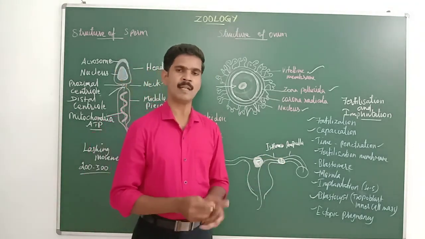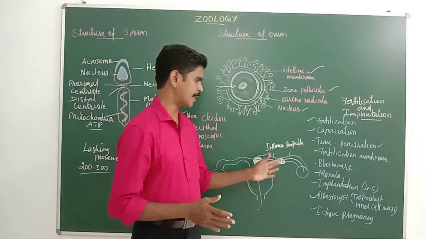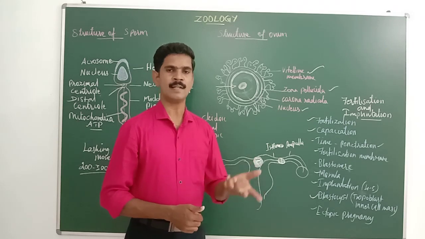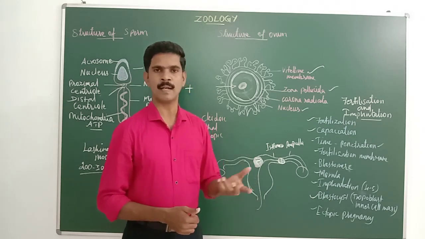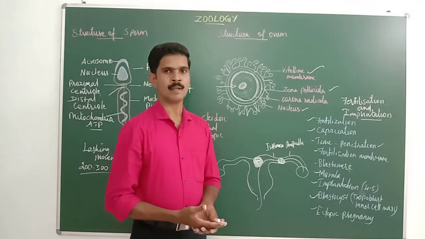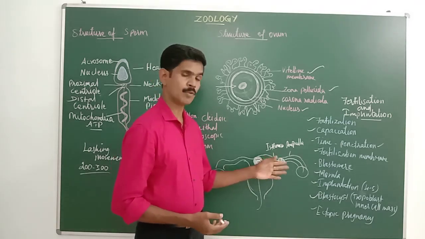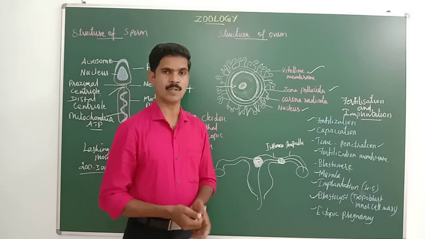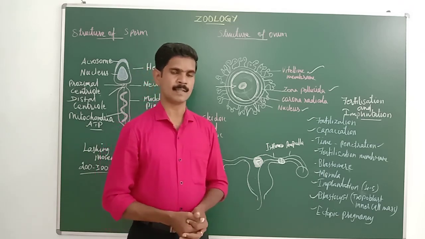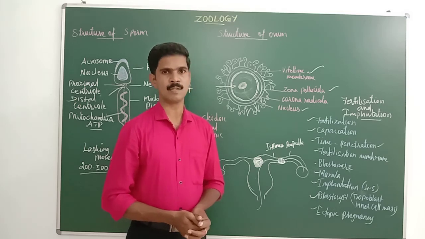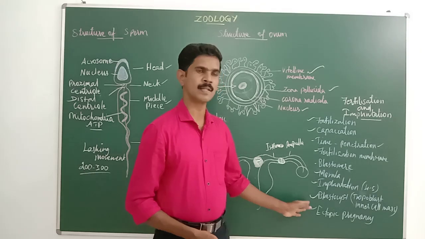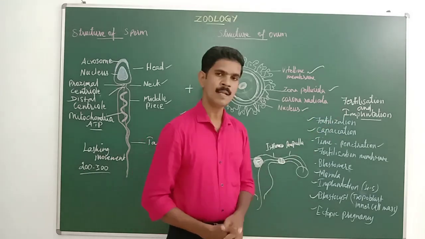And maximum 95% of ectopic pregnancies take place inside the fallopian tube. And it is very dangerous to both the mother and the developing fetus. Sometimes it can lead to bleeding. Sometimes the fallopian tube may also rupture. Okay, so it is very dangerous. This ectopic pregnancy is a very dangerous condition. Understand, my dear students? So now we have completed all the important events that take place in the fertilization and implantation